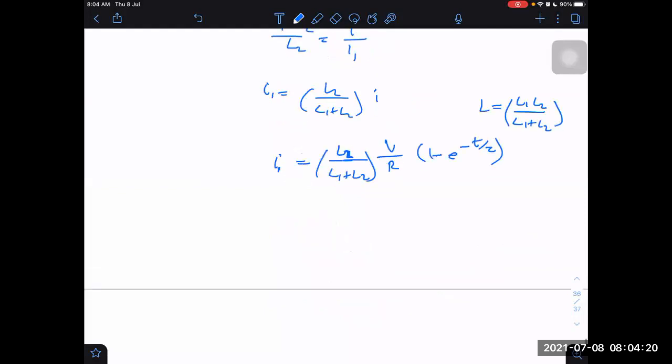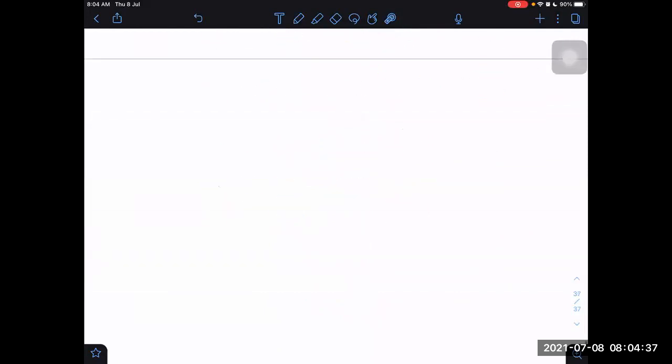Similarly, we can obtain I2. It will be L1 by L1 plus L2: 1 is replaced by 2 and 2 is replaced by 1. Then we get I2. Okay, right. So this was a slightly different question, and then I can ask energy based questions,